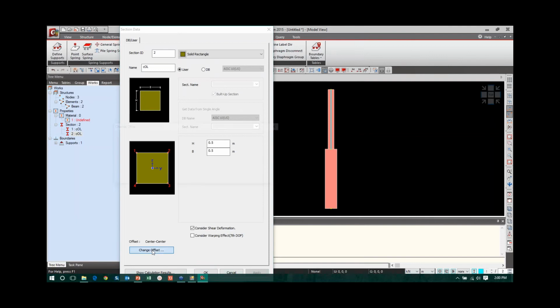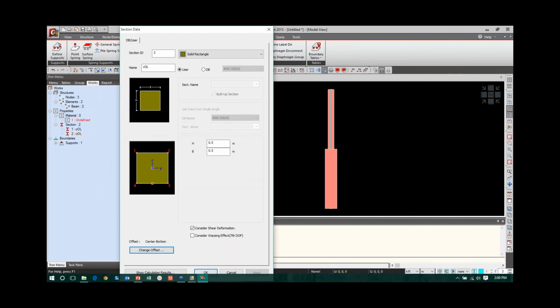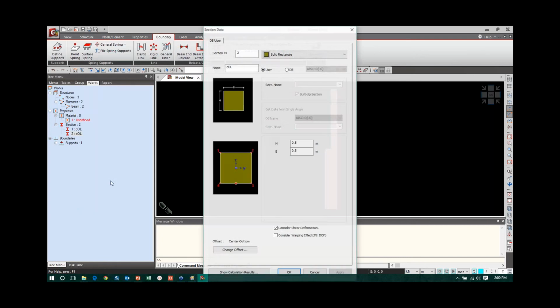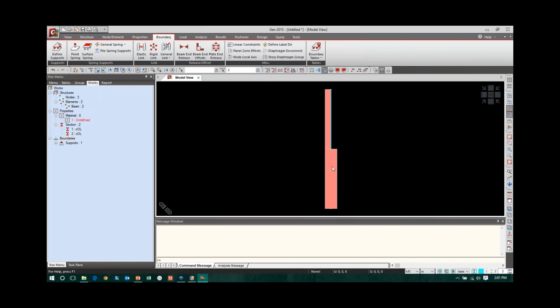Click on change offset. Say center bottom. Okay, it's not center bottom, it's center top, so the bottom has gone to that side. If I want to take it to this side, center top. Here you can see the column is automatically flushed to the other end.